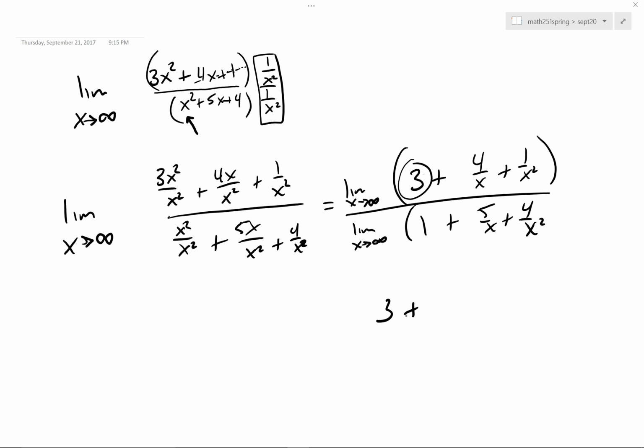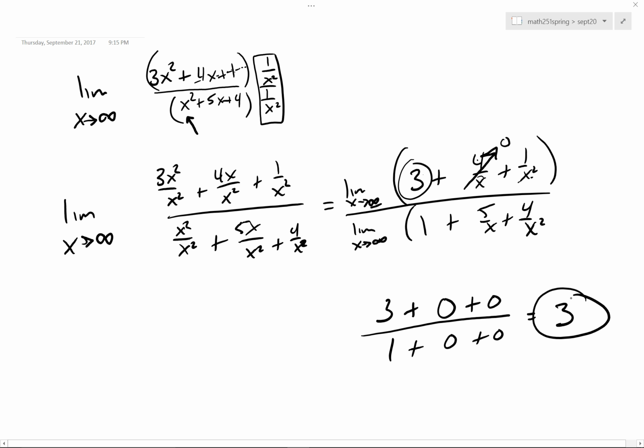Now what happens is 4 divided by a huge number, this piece here is headed towards 0. And if you take a huge number, like say 1 billion, and square it, that's really big. What is 1 divided by that? Well, it's headed towards 0, and it's getting there pretty rapidly. On the bottom, we're going to have 1, 0, and 0. So we would say that the limit is 3. Okay? It's pretty easy to do.